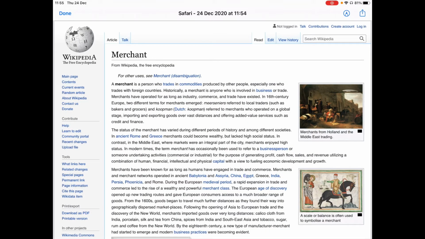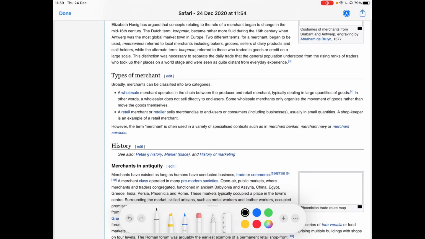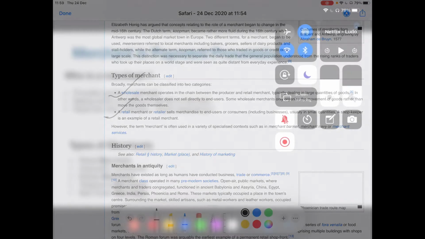So we are at the wiki page that explains a little bit about the merchant. It is just upon your interest if you want to go into the detail and read a little bit. This is just some history-based information, but nevertheless, I thought to share this page with all of you. Wiki talks about two different kinds of merchants. One is the wholesale merchant, and the second one is the retail merchant. As we all understand, wholesale is when you deal with large quantities, and you deal with businesses directly rather than with the end consumers. Whereas in retail, you are dealing with the consumers, and you deal in small quantities.